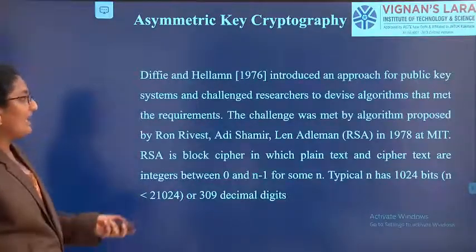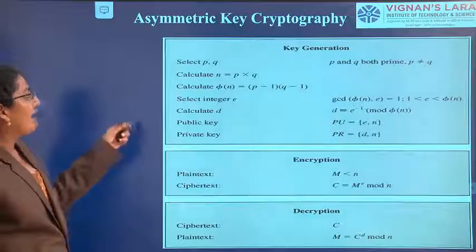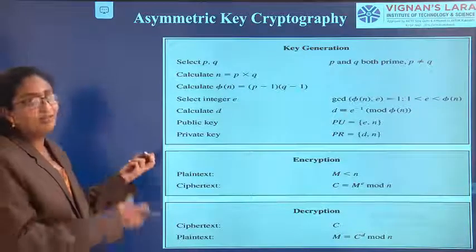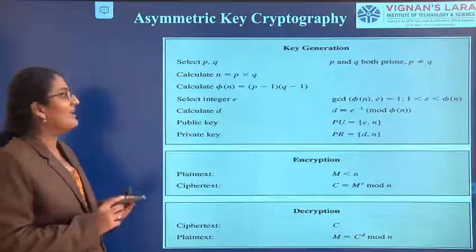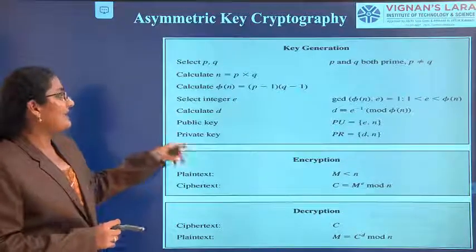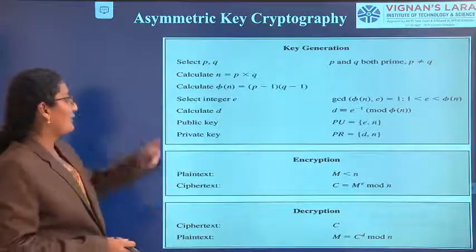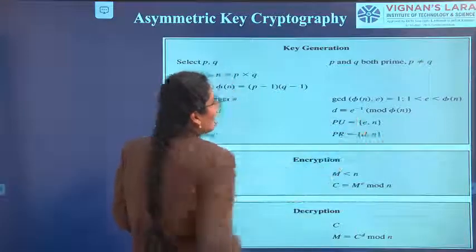Then we have discussed RSA. What is the key generation in RSA? We have to take 2 large prime numbers p and q, and calculate the n value. We should calculate phi of n. Then we have to determine e by taking the formula 1 < e < phi of n. Then the public key is (e, n), and the private key is (d, n). By having all this, you have to calculate d. For d, you have the formula d equals e inverse mod phi of n.